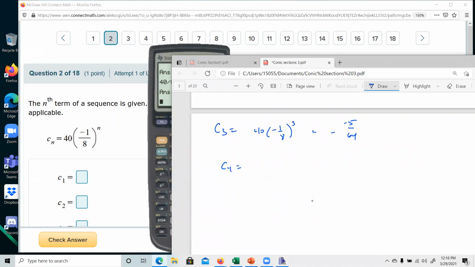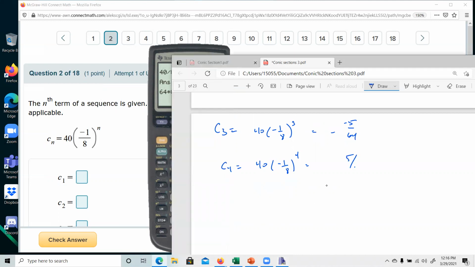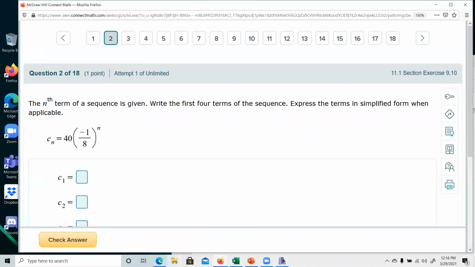So C4, right? Again, it's negative 5 over 8, so it's going to be positive to the 4th power. What's 64 times 8? 512. So this is going to be 5 over 512. Okay, so if we go ahead and put those in the calculator, or put those in our answer here,